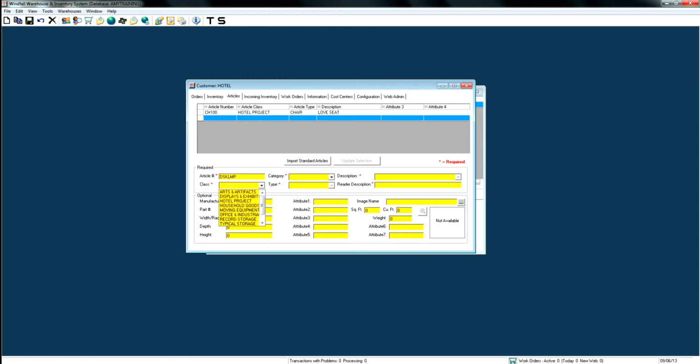Class, once again, I'm going to say it's a hotel project. Category, I'm going to say it's electric. Type, I'm going to say it's lighting. And my description, I'm going to say it's a desk lamp. So I filled out my 6 required fields, and then once again, if I ever want to select the option